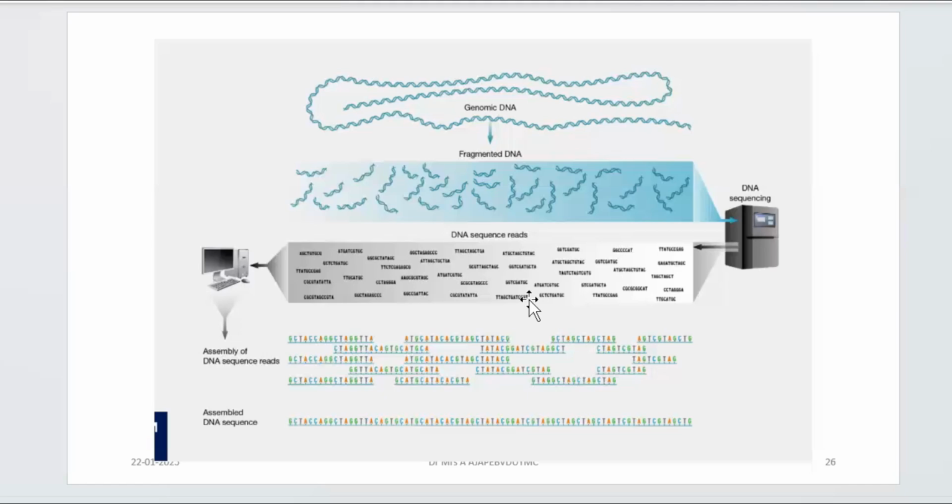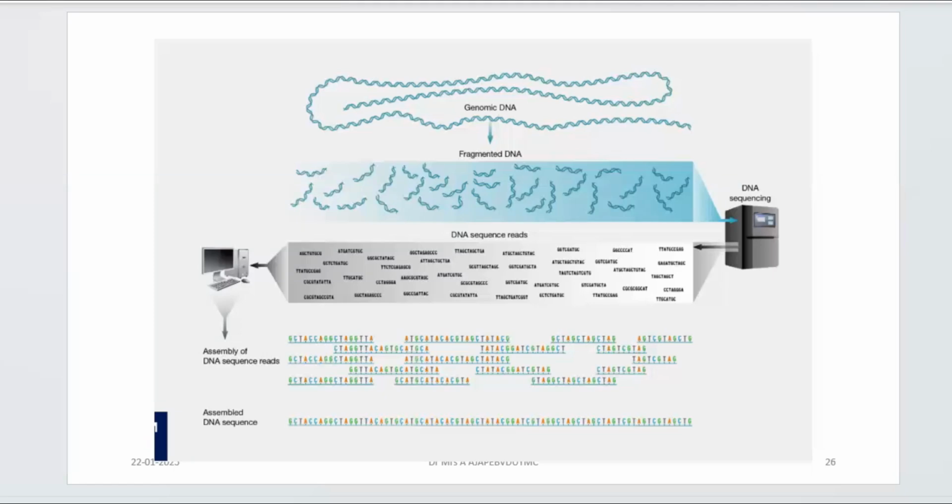The entire genome is cut into pieces. You have to sequence the fragments, and you have to arrange them in a way that will give you a complete readable sequence from one end of the genome to the other end. It's really a huge task, but it is made possible with the help of computerized systems, right? So in the analysis of DNA sequence reads, you get the sequence reads, find where the overlapping regions are and how they may be present in the original DNA that is analyzed, and you assemble the DNA sequence.